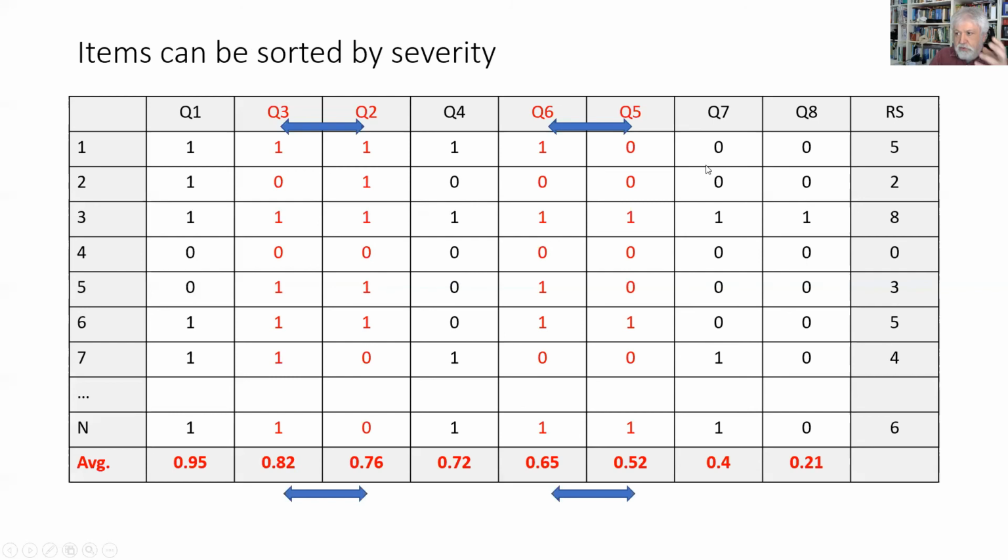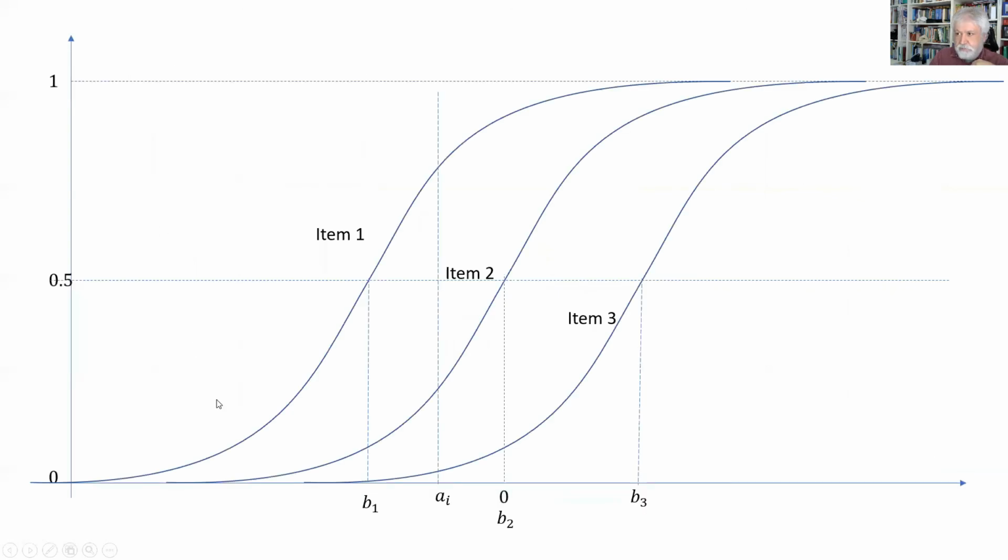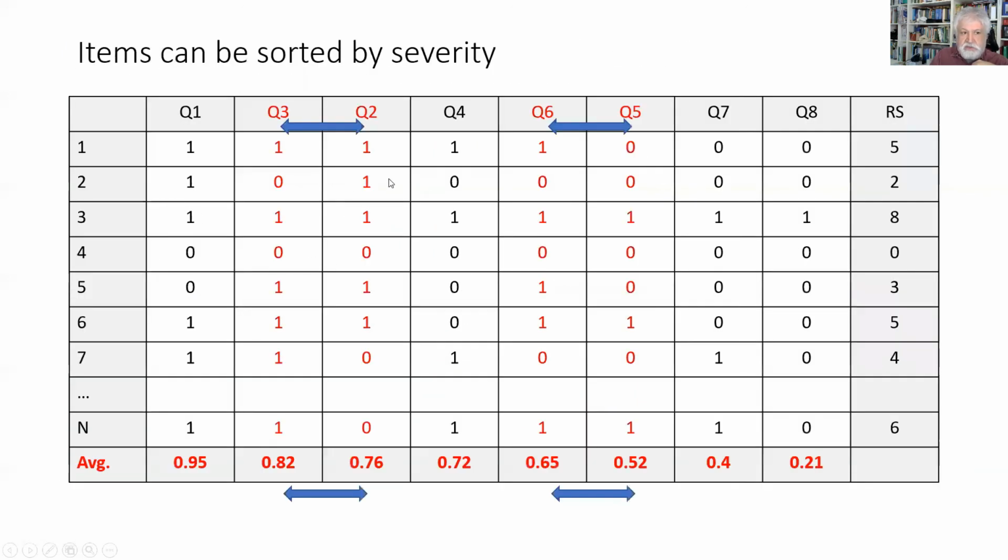So if you want to guess in this scale of severity, where is it likely that person number 1 is positioned? And just to give you a hint, remember this. This is the graph that compares the position of the respondent with the position of the items. Now, the data has revealed the position of the items. And we want to estimate, guess, imagine what is the position of the respondent. If you want to locate individual number 1 along this scale of severity, imagine that you have,